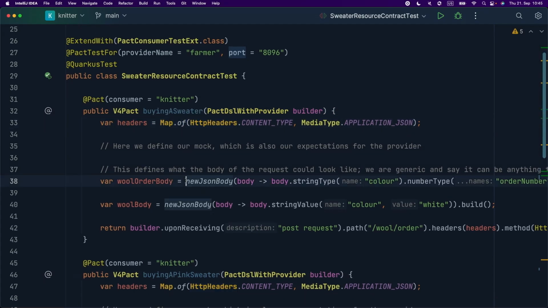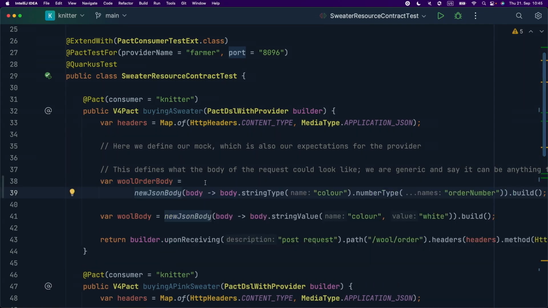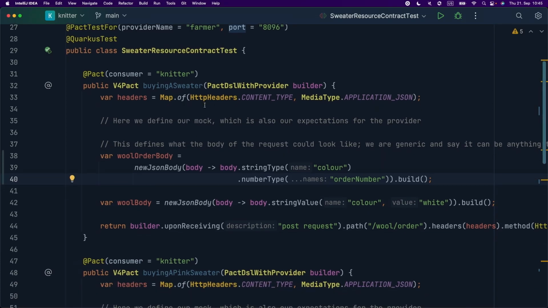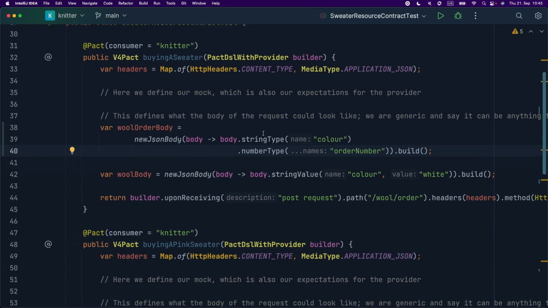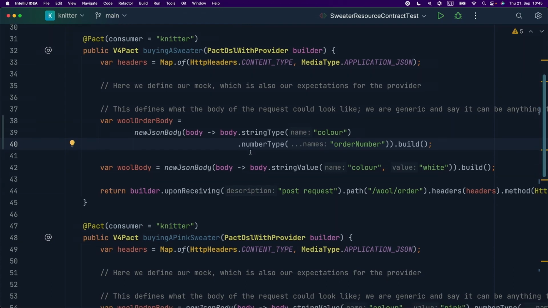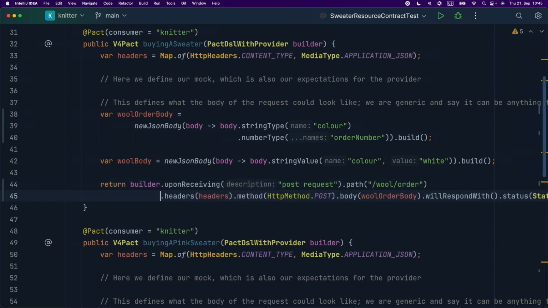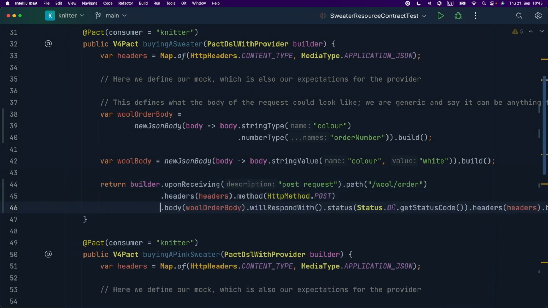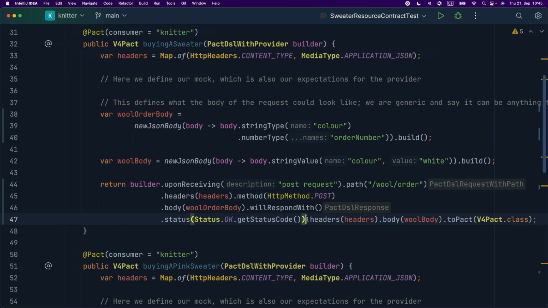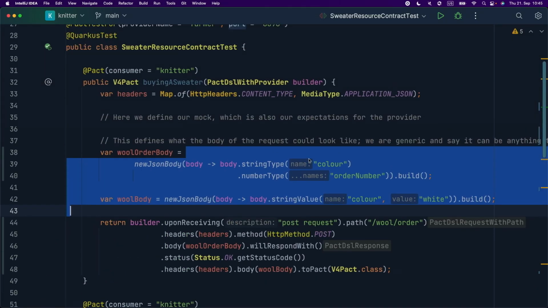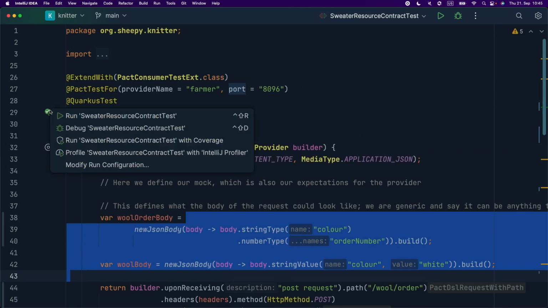want to buy a sweater, we're going to have the wool order, and you can define with a very similar DSL what exactly needs to be the body of the responses or the particular bodies of the parts. And then you say that when we get the request to a certain path, we just build the response as we want using this predefined stub. And then this mock will be used on our contract side. So when I run those tests,